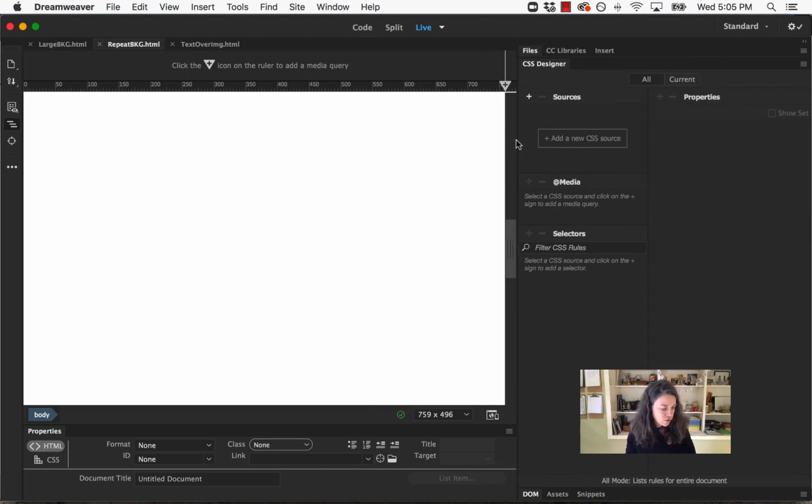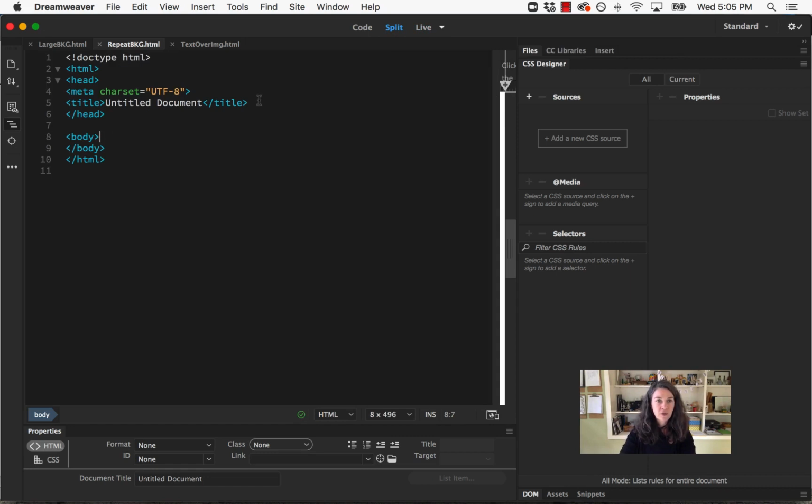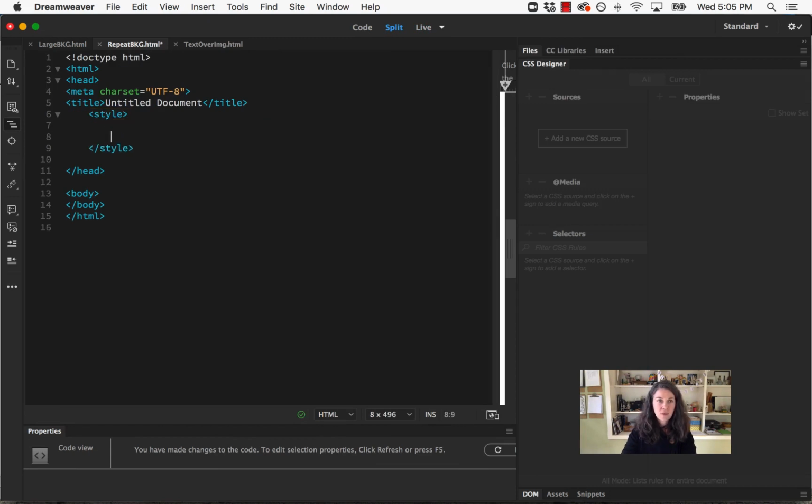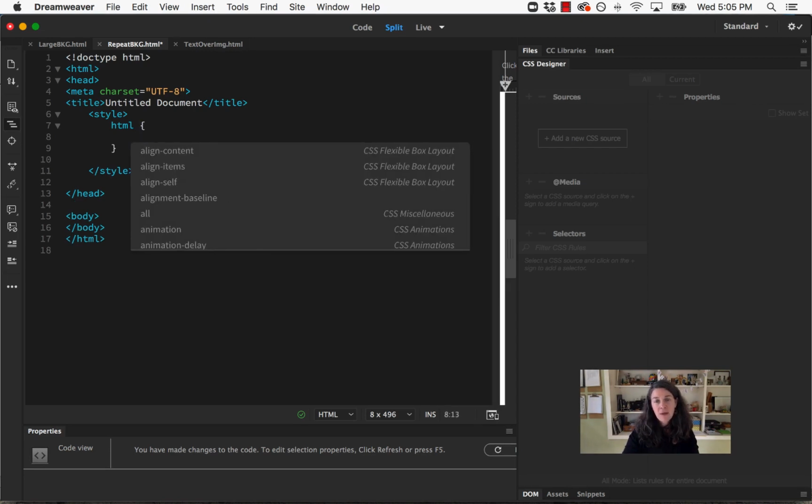So let's go ahead and take a look at what we are going to be setting up for this one. So we have our HTML file for here. We're going to go ahead and create our internal style sheet. So again, after the title element in here, I'm going to come in and add my style tags. This is going to allow me to add internal rules to this document. And for my CSS in here, I'm also going to be applying this to the HTML element. I'm also using this as a way to fill the background. Instead of with one image though, we're going to use a single smaller image and we're going to have that tile out. So I'm going to create my selector for HTML in here,